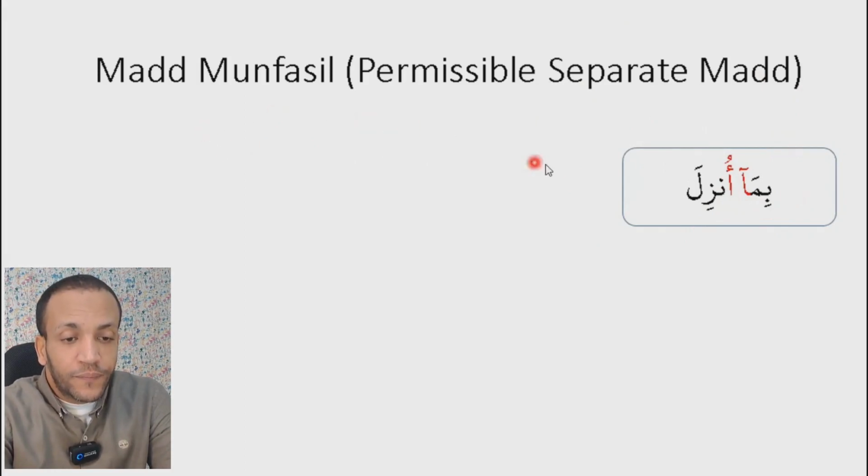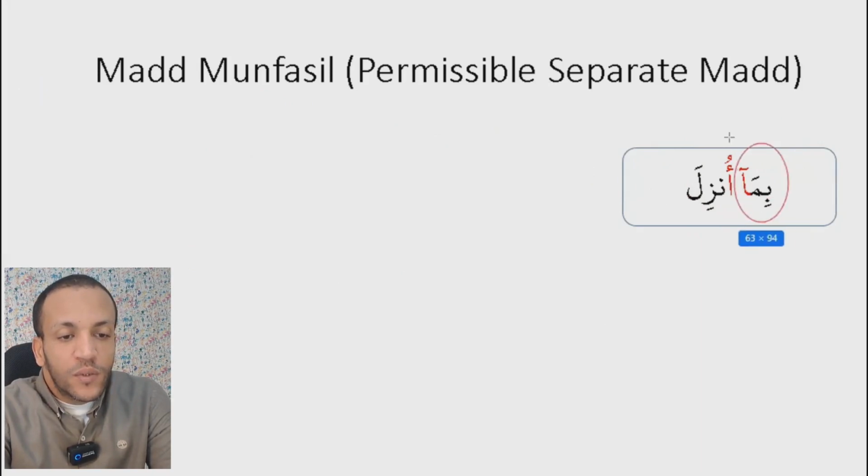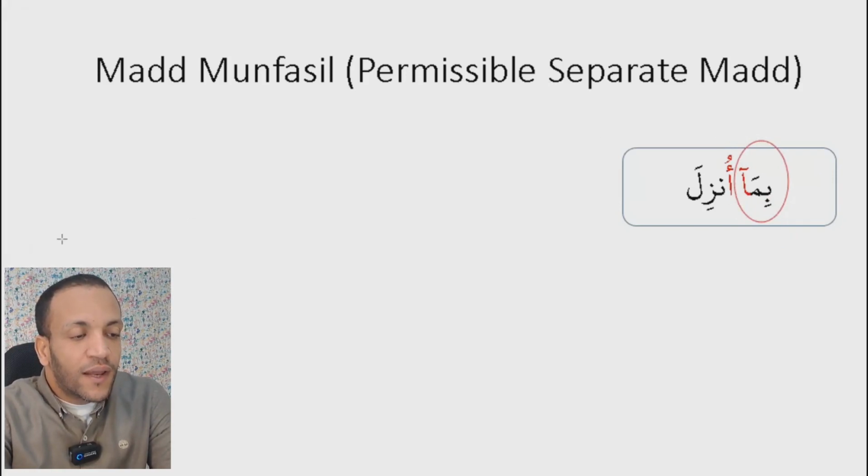But remember, you can apply this Mad only in case of reading the two words together. So if you read this word directly after you read this word, in this case you can apply مد منفصل. But if you read only the first word, this one here, and after you pause here, in this case you cannot apply مد منفصل, because